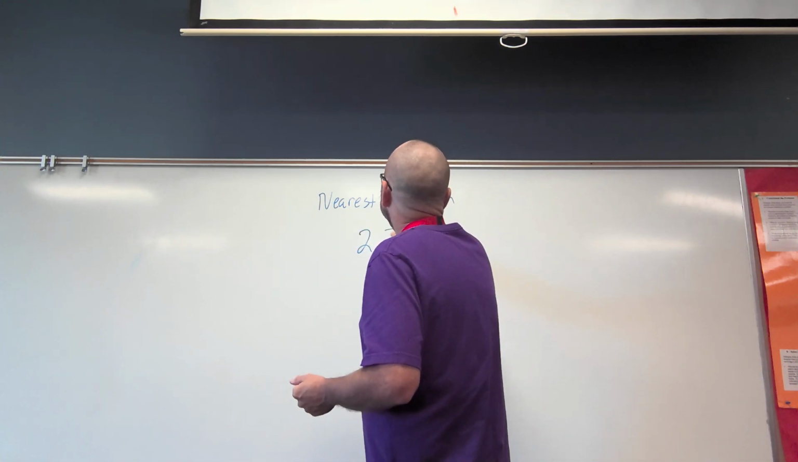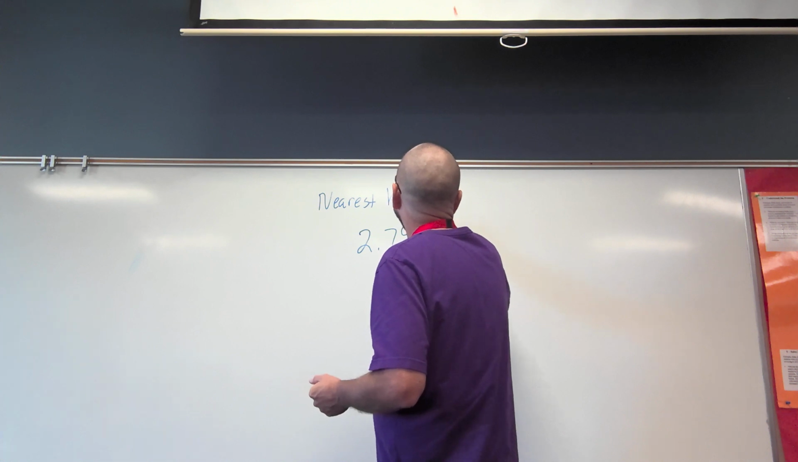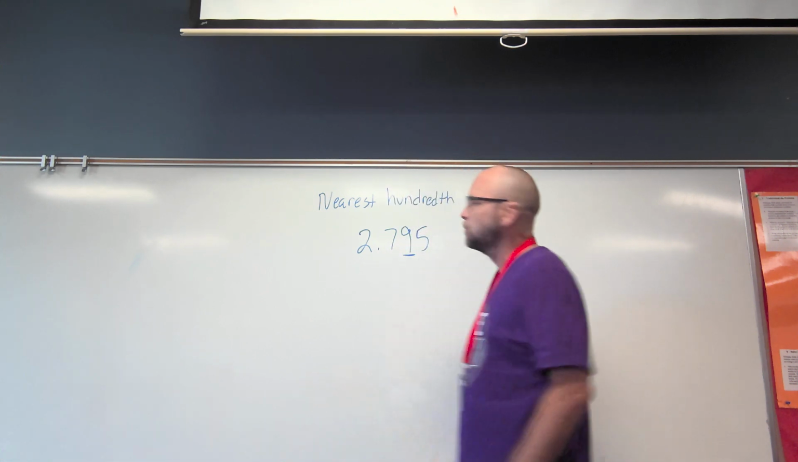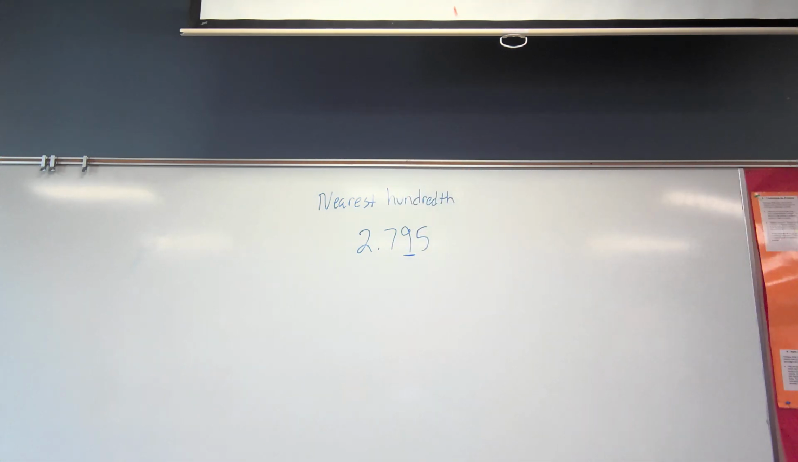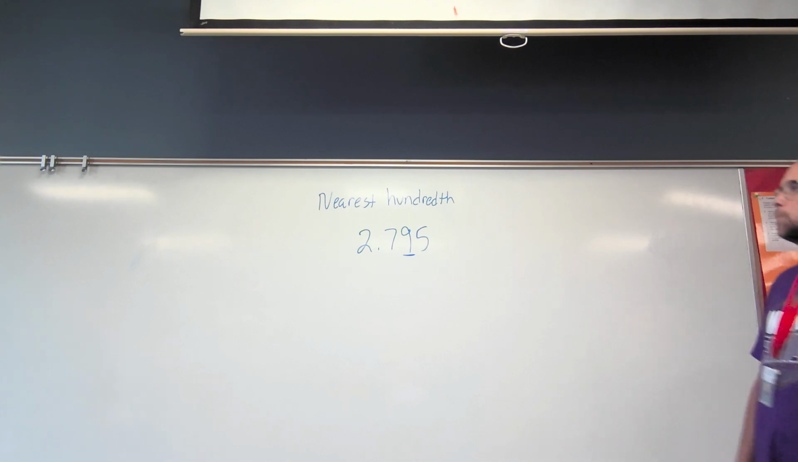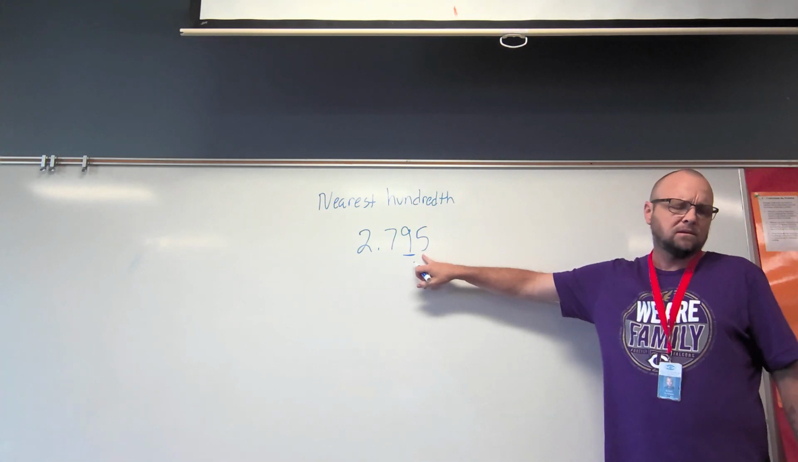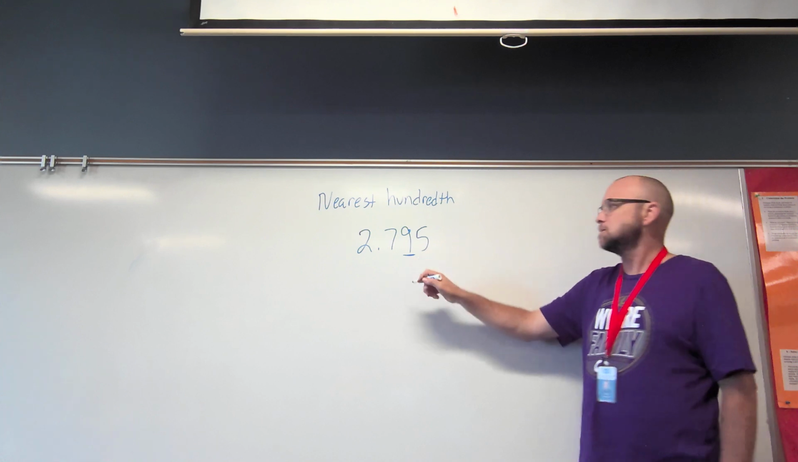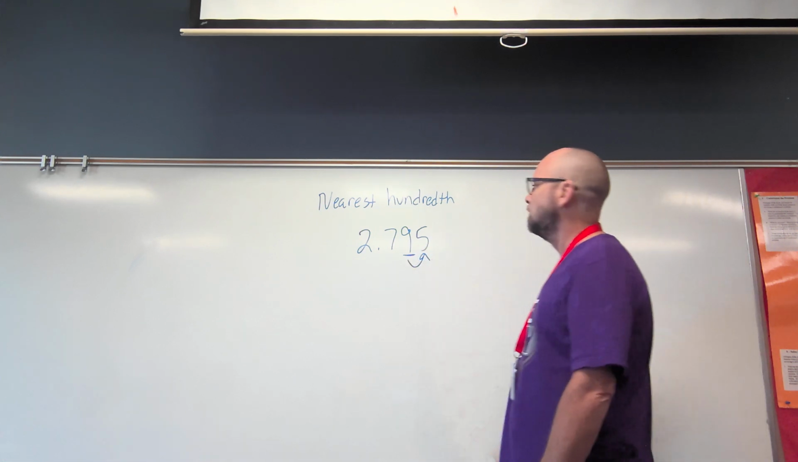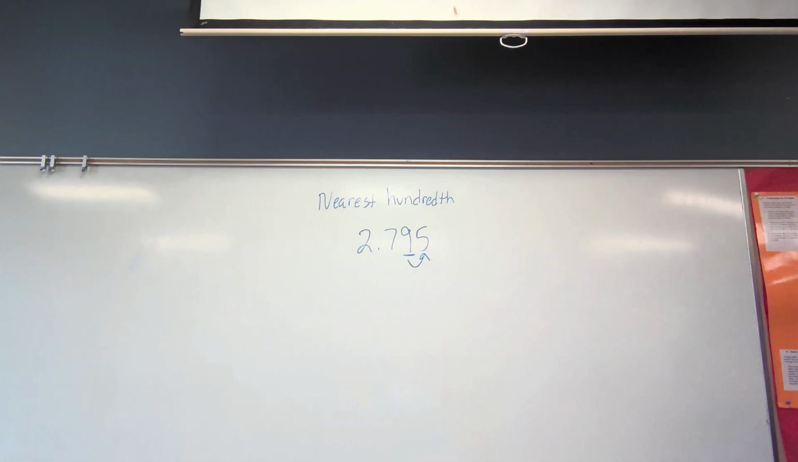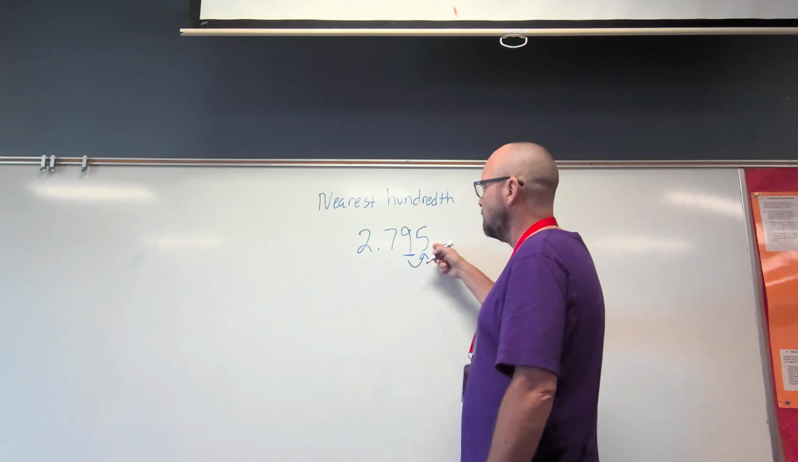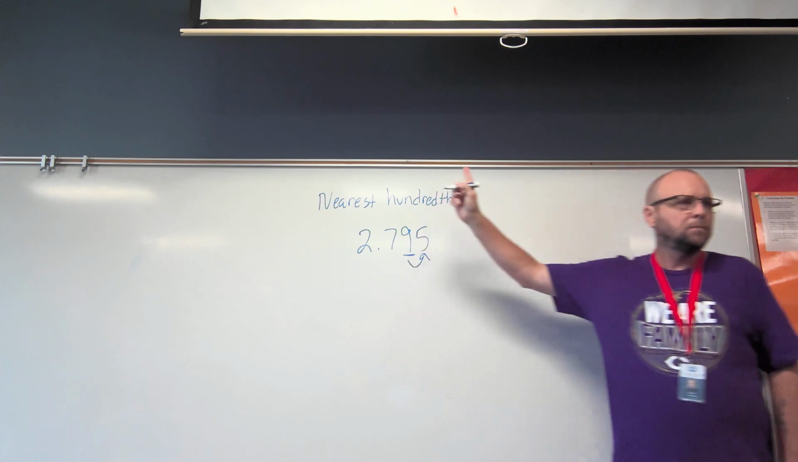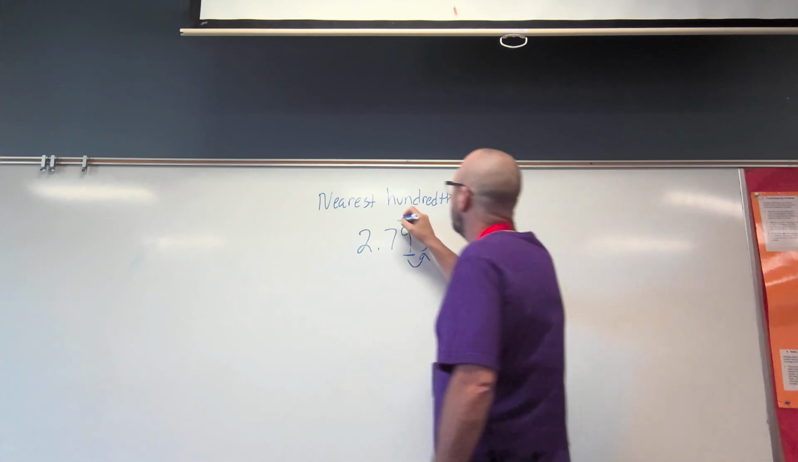So let's take 2 and 795. The hundredths place has the 9 in it. We look behind the hundredths place, and what place is this? Thousandths. We look behind it. So what am I going to add to the 9? 1 or 0? 1. Because this 5 makes this be able to round up. So if I add my 1,